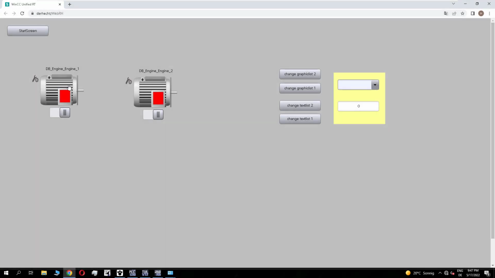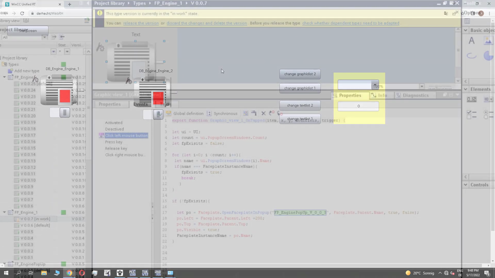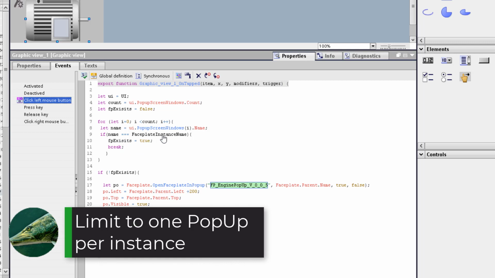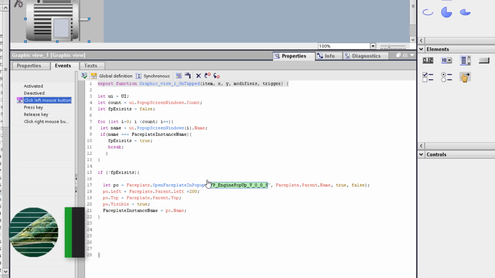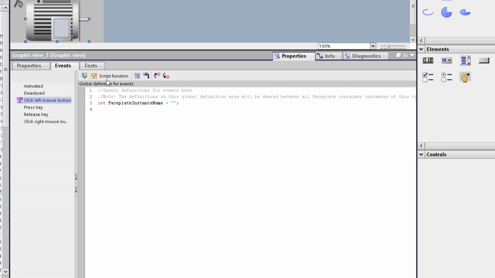So we compile it, go to the runtime, and you see there's only one pop-up by click, but it is limited to the complete screen. I don't want this limitation. I want a limitation of one pop-up per faceplate instance, but we have seen that the script is working and counted the faceplate pop-ups. I have modified the script so that I store the faceplate pop-up name in a global tag, and